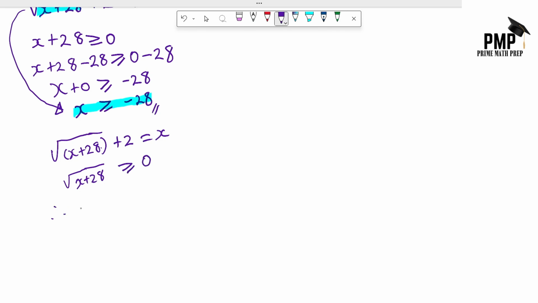Therefore, the root of x plus 28 plus 2 should also be greater or equal to 2. This means that the right side, x, must also be at least 2. So now we have a stronger conviction that our domain for the entire equation should be x greater or equal